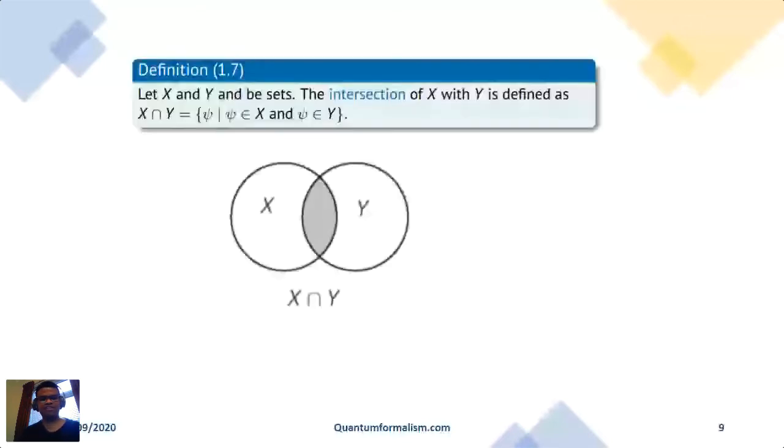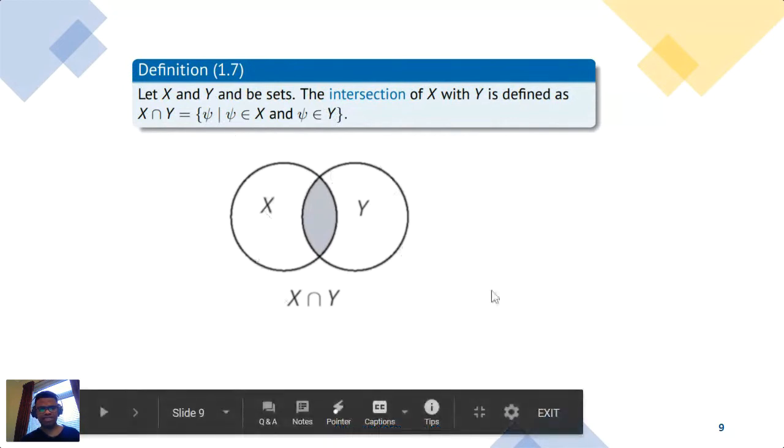Again, this is a normal definition that most of you have heard of. So bear with me. I only have a few slides to go before we get to the main thing that I wanted, the measures part. But intersection is defined like this. The intersection of X and Y is a set containing all the elements psi such that, this vertical line here is an abbreviation for such that. Often in notation you also use a colon, but I prefer using this whenever I'm using set builders.